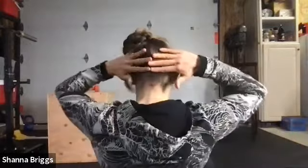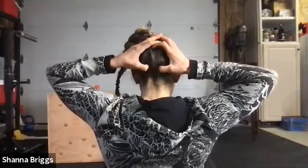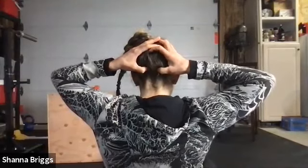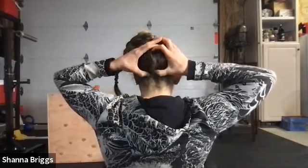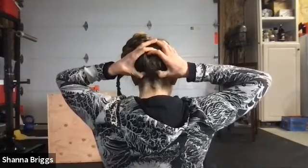I rest my fingers along the back of my skull, and then I'll cradle my head and take my thumbs, and you can just dig into those, you know, relatively. But circle it around, and all those little muscles up there tend to hold a lot of tension for the trap. So you can do some self-massage in that area, or even if you have a tennis ball or